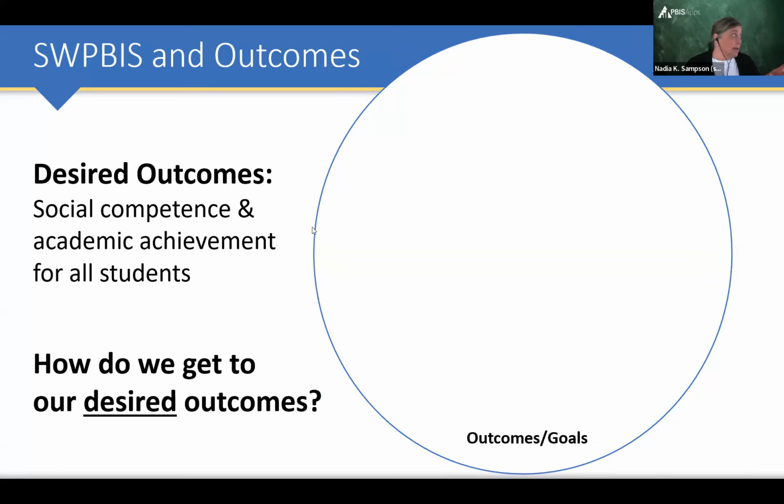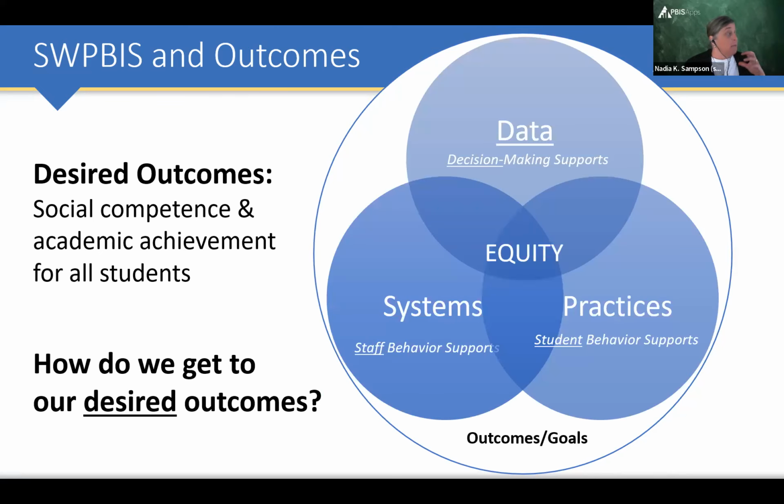So when we're talking about school-wide PBIS, we're always looking at outcomes. And part of getting to the outcomes that we want to get to is looking at our data, our systems, and our practices. And equity is always at the center of that. We're always trying to get more equitable outcomes for our students. So that's really important to remember. The circles didn't used to have equity in the middle, and that's kind of a newer piece, but it's important